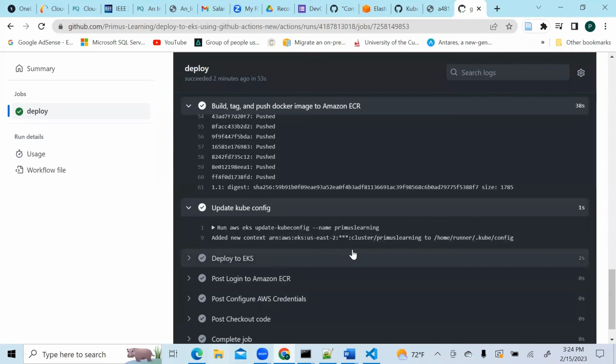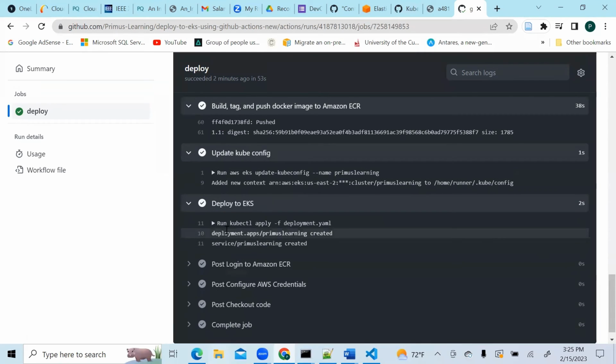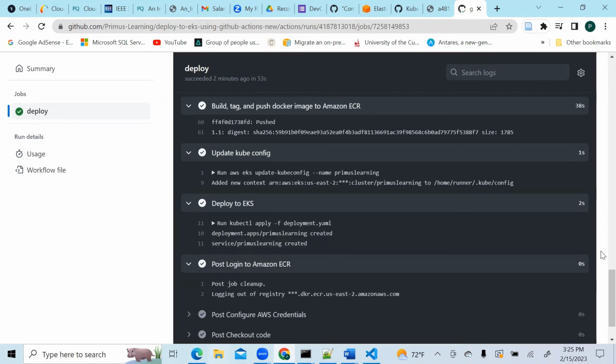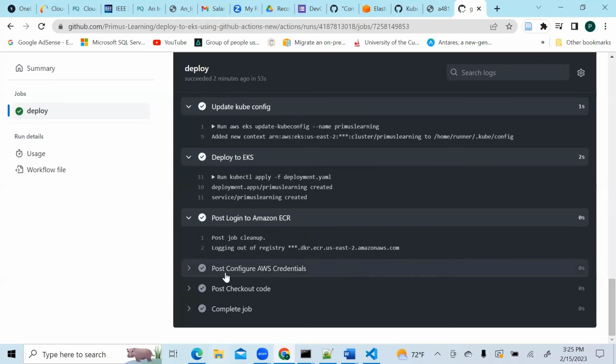And then you see the kubectl, it went and changed it and used the correct context, which we named primuslearning. So it found an EKS cluster, guys. It found a cluster. And then you see deploy to EKS. It created the deployment using the deployment.yaml file, and it created a service with the service.yaml file that we gave it. And then once it did that, it logged in, cleaned up,